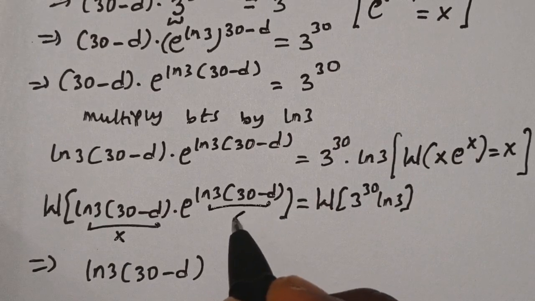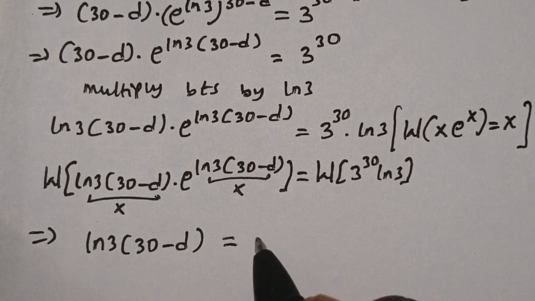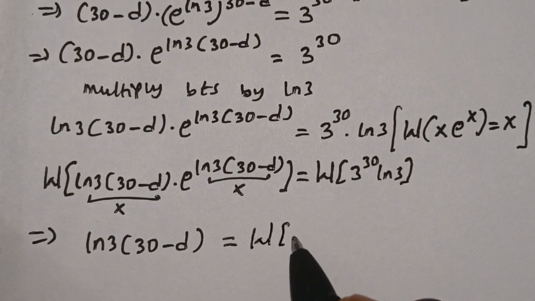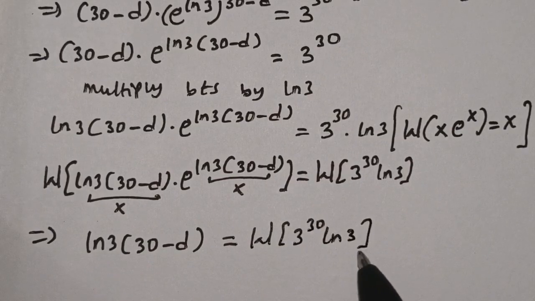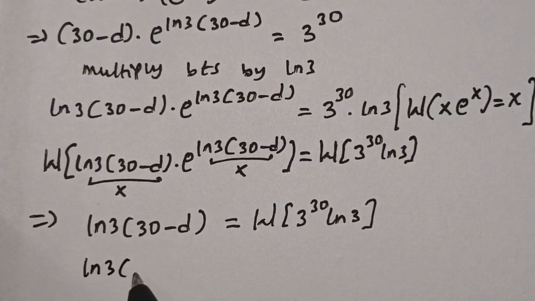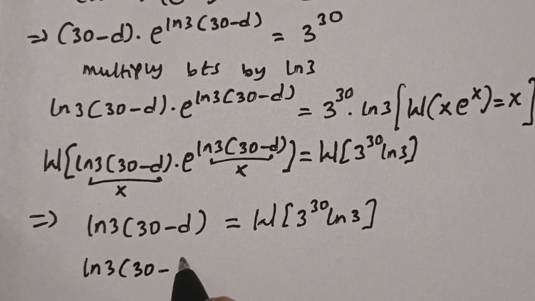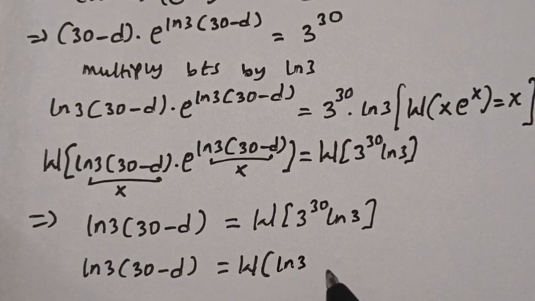This equals W of 3 to the power of 30 times ln 3. So ln 3 of 30 minus d is equal to W of ln 3